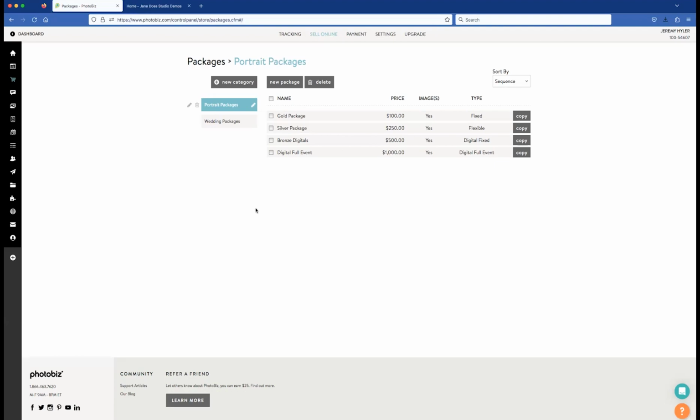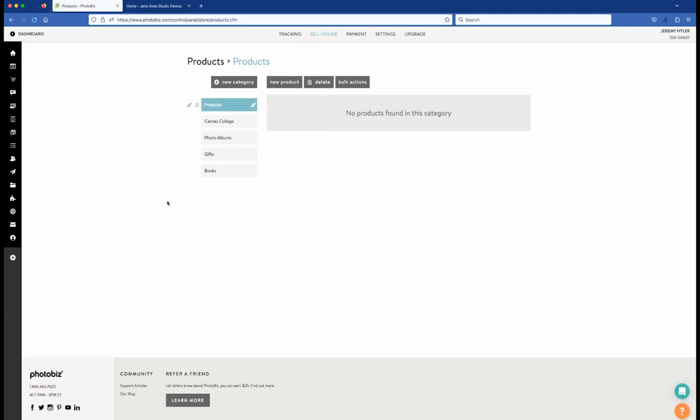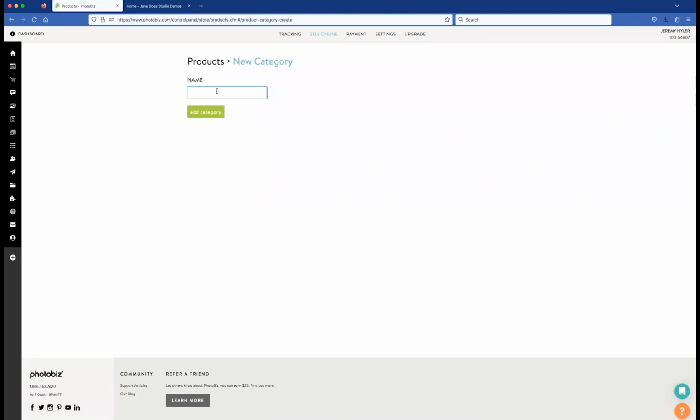The first step to setting up a product, once you're in your control panel, is to go to Sell Online, and we're going to click on the Products tab in this drop-down menu. You can do categories. So if you want to categorize your products as different things, you can do that. There's already some categories set up here in this demo that I'm using, but if you need to add a new category, you can do that. You click on New Category. It'll ask you to name it. So let's call this one